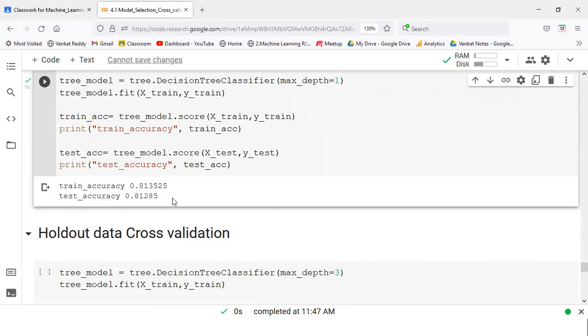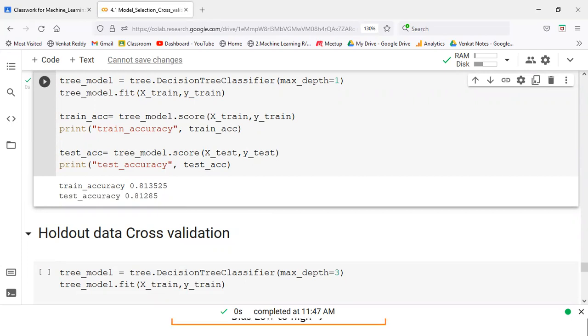We should not get convinced that, okay, I have train 81, test 81. Underfitting will confuse you because if these two are close to each other, it seems that we can finalize the model. But who knows? There is scope for maybe 85 or 86, 87. If that much accuracy is possible, who knows? So that is why it's better to check. Right now you have reached 81. Can I increase it further?